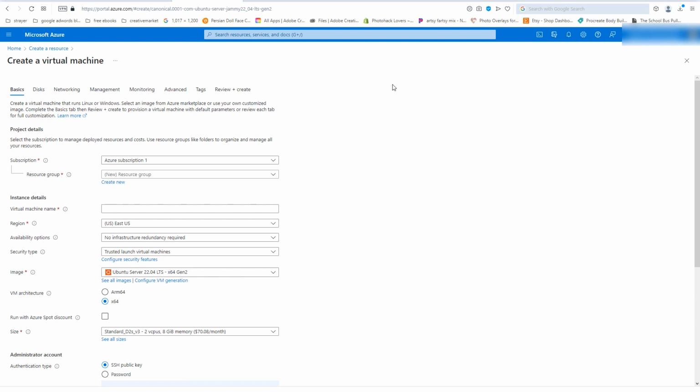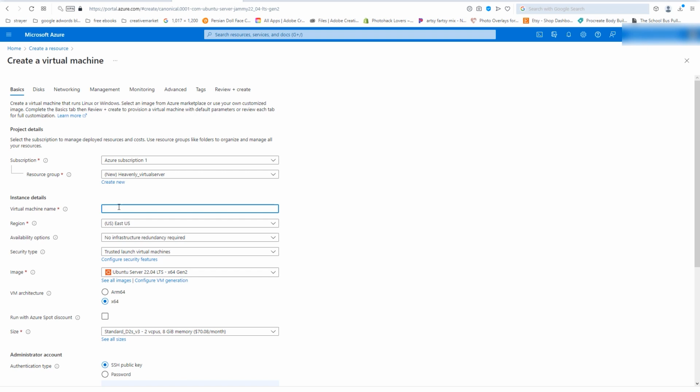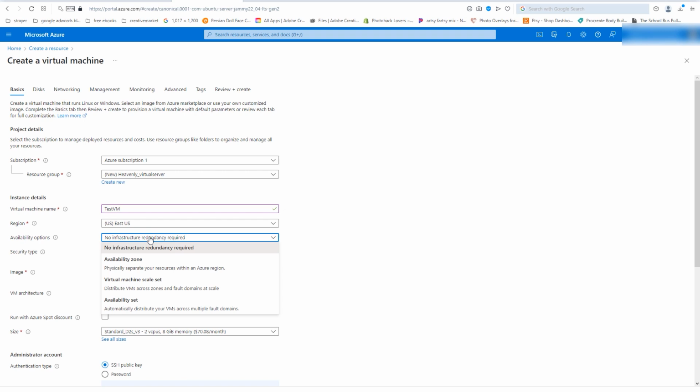So the next thing, you're going to create new under resource group. And I'm going to name my resource group Heavenly Virtual Server. Okay. And then I'm going to press OK. All right, so for the virtual machine name, I'm just going to name it test VM. And for the region, you want the server to be closest to you. And the availability options, well,